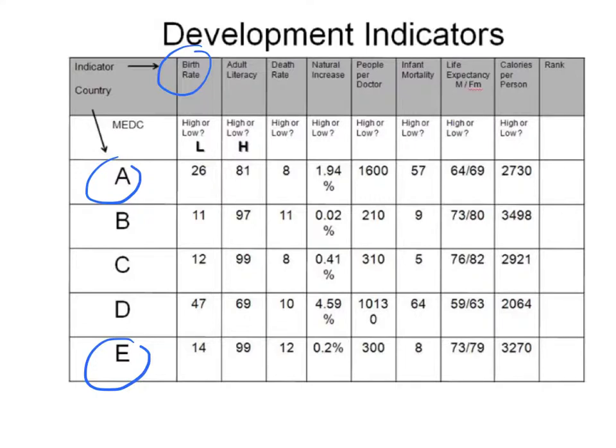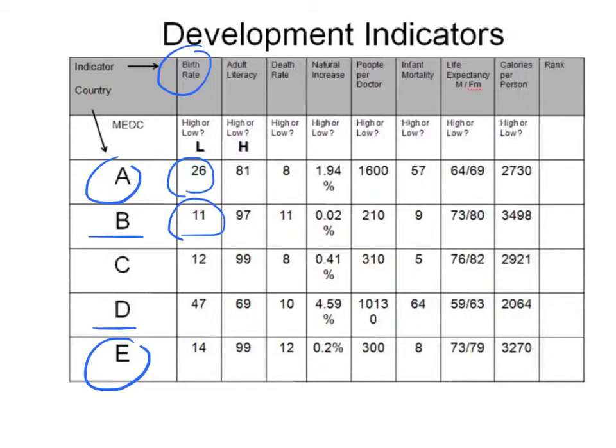Given that you've got quite a few different statistics, and the statistics themselves are in different forms, this is quite a difficult job, so you have to embark on some kind of data handling. One of the initial problems that you need to deal with is to assess whether the indicators, so for example birth rate again, if the figure for it is high or low, does that mean it's more or less developed? So from your population studies, for example, you will know that a low birth rate is often associated with more developed countries. So in this case, country B is actually the most developed on the table, whereas country D is